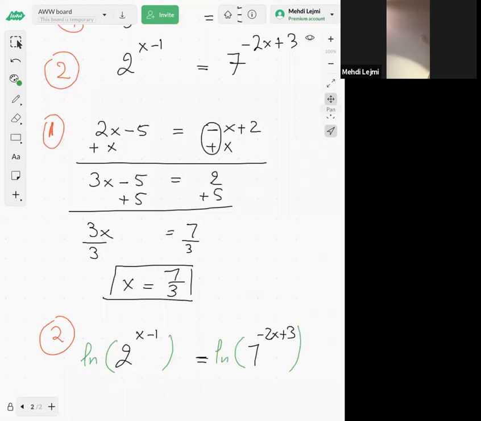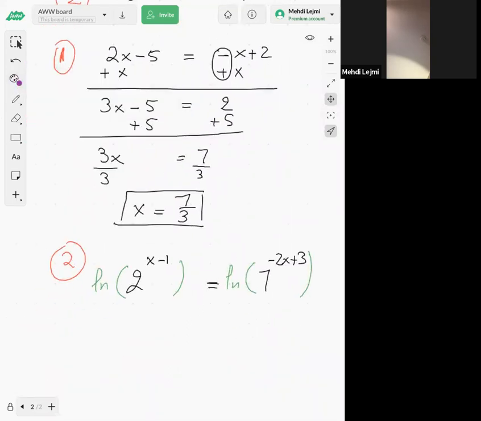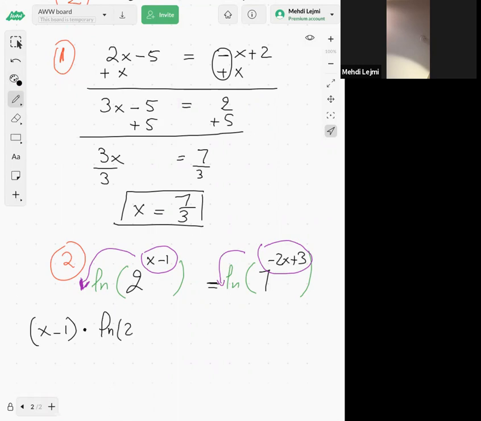All right, and then the exponents, I can bring them down here, and so we're going to have x minus 1 times natural log of 2 equals minus 2x plus 3 times natural log of 7. All right,